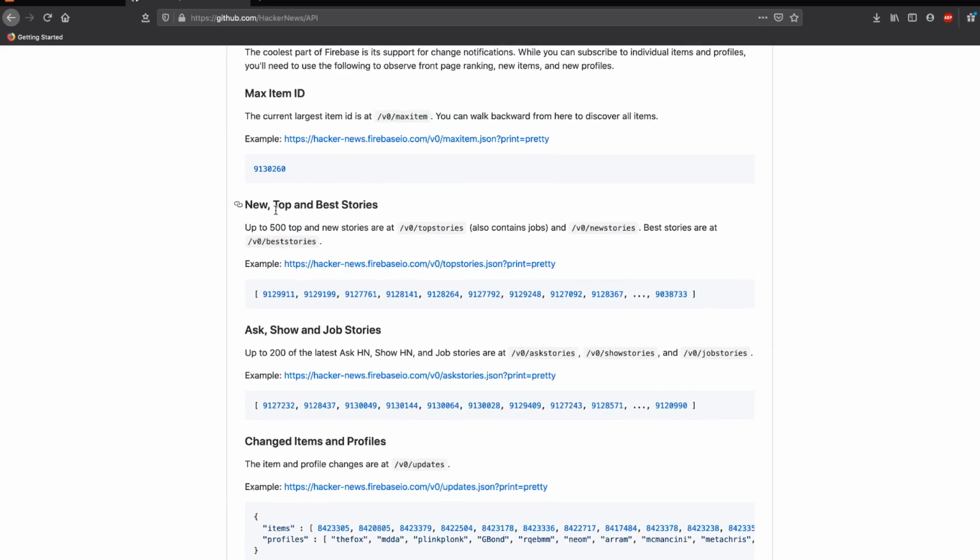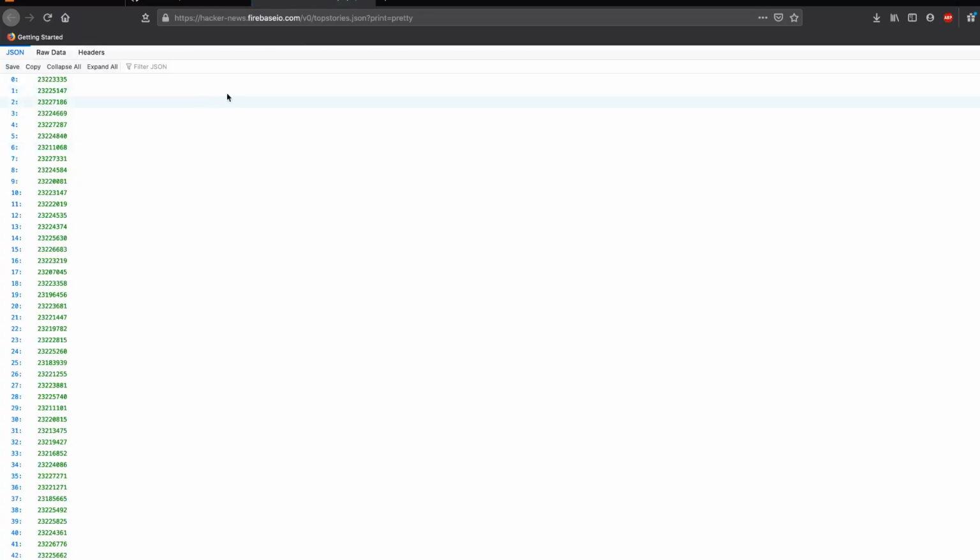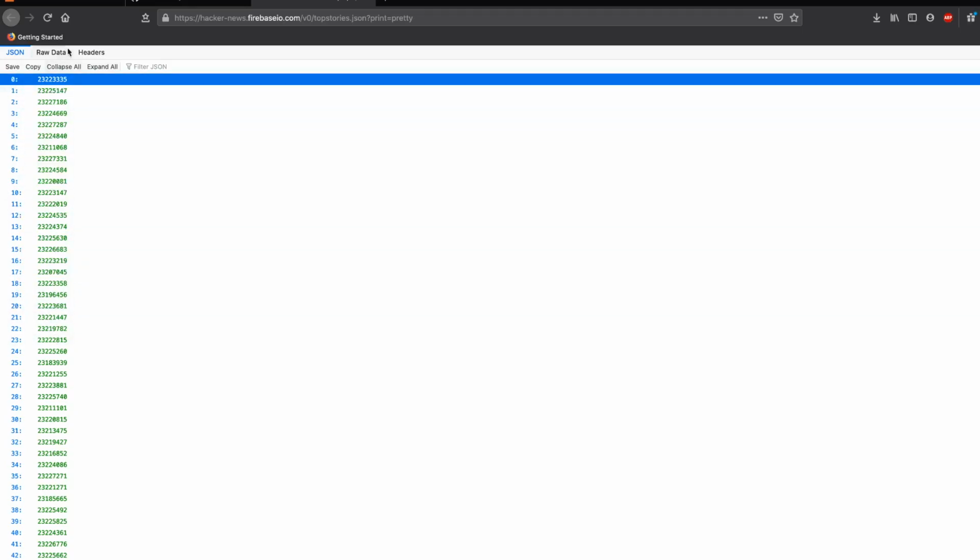So let's first see if there is anything for top. When we search for top, you can see that they have an endpoint that gives you the top 500 news stories. When you click this in your browser, you can actually see how it looks. So it looks like this. The first thing we need to do is collect this data, and then probably take the first 20. So the way we can do this is to click that and copy the URL.